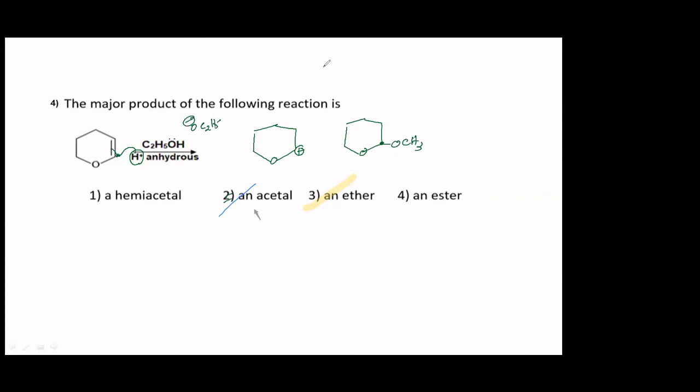So this carbon has got two alkoxy groups. One is the C2H5, of course. Another one is this one. This is also an alkoxy group only, even though it is cyclic. Okay. Any doubt? So hence the correct option has to be acetal. Now you followed? The student who had answered it as an ether, I had left it like that. Okay. Any doubt here? Ma'am, no, ester is not formed here.